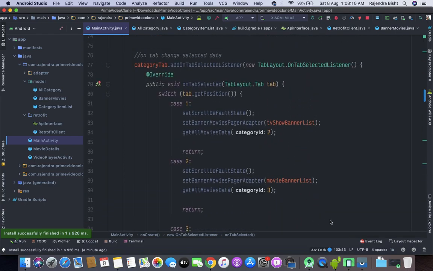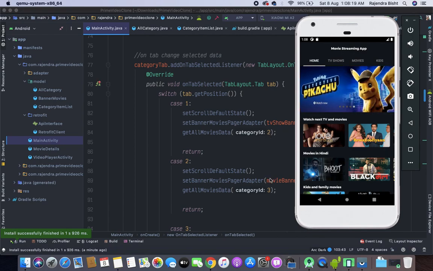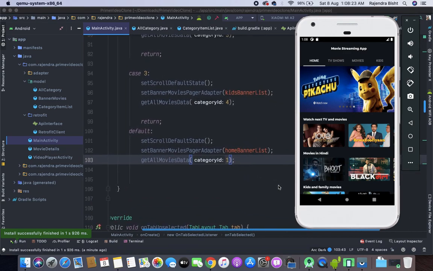Default is 1. TV show is 2. Movies is 3. Kids is 4.